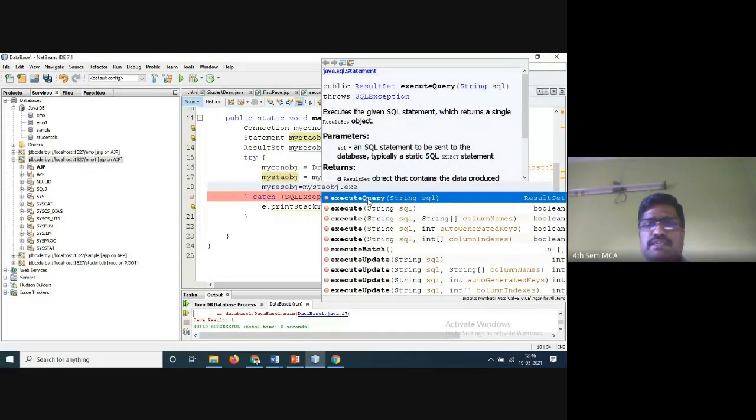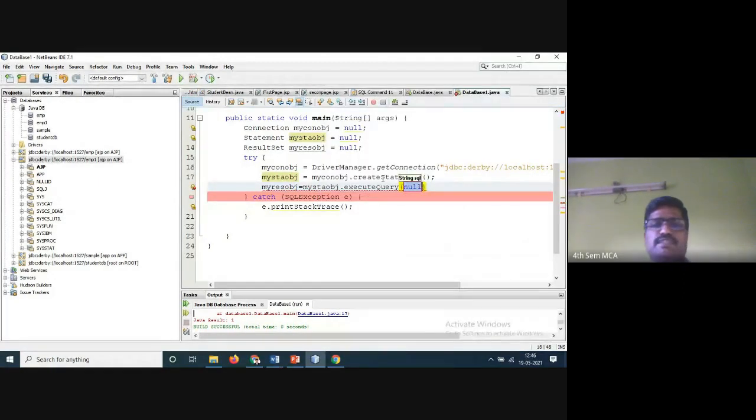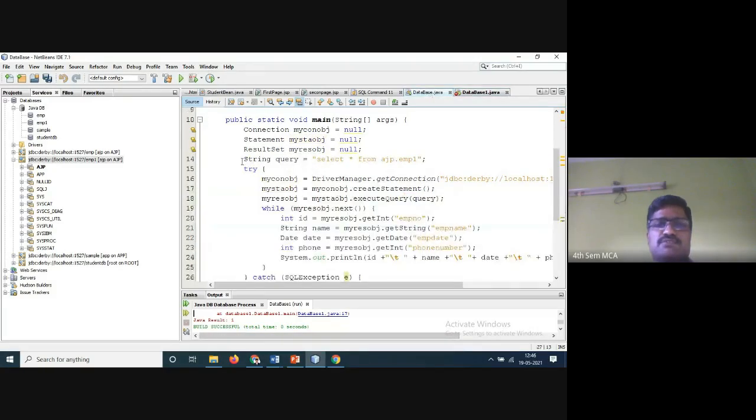First one only will take. For that we have to write one more command, this SQL. One object name you have to pass, and that object name is this one. Select star from string.